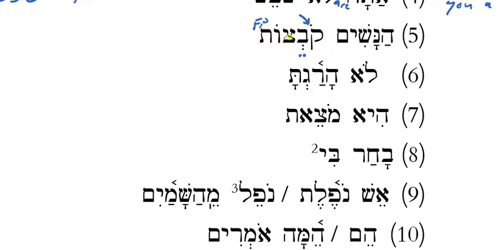Yeah. Now look, this participle is after the noun, so that must mean that this is an attributive participle, right? Not necessarily. That's right. What am I looking for to know for sure? Is this an attributive participle versus a predicate participle? Does it match gender, number, definiteness? Kovatsot is feminine plural. Hanashim looks masculine plural, but since it's women, we know it's feminine plural. Do they match definiteness? No. They do not. So this cannot be attributive. It must be a predicate use of the participle.